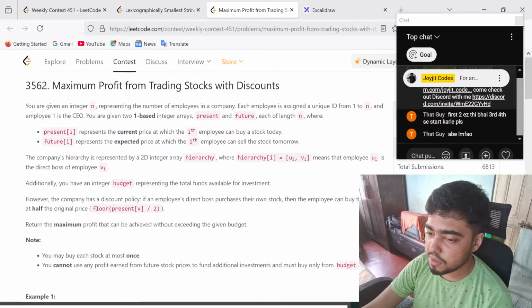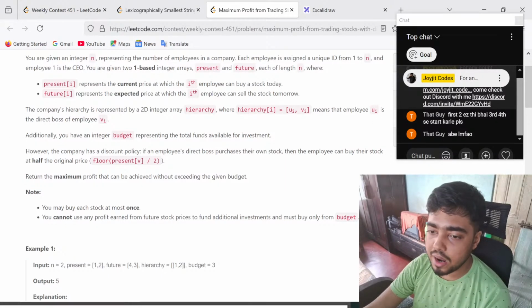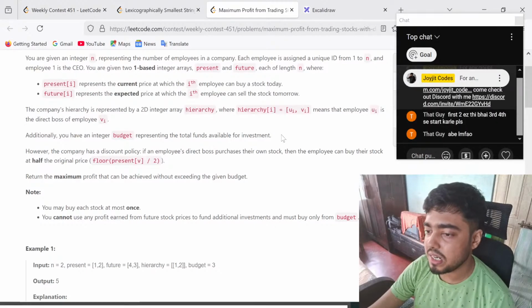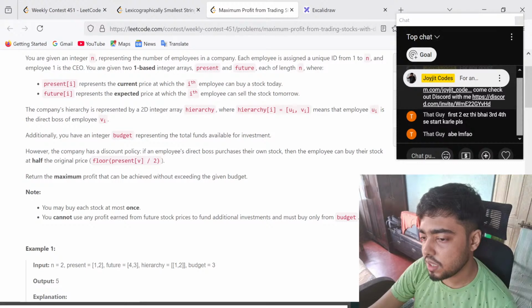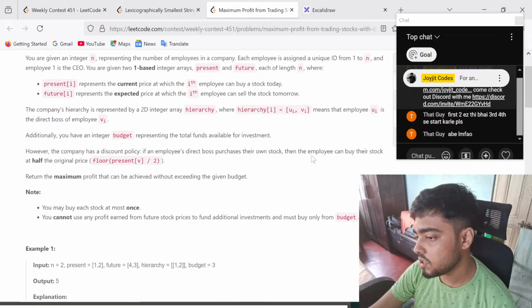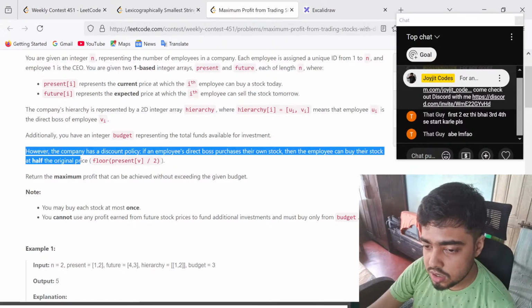The company's hierarchy is presented by a 2D integer array hierarchy, where hierarchy[i] = [u_i, v_i] means that employee u_i is the direct boss of v_i. Additionally, you have an integer budget representing the total funds available for investment. However, the company has a discount policy. If an employee's direct boss purchases their own stock, then the employee can buy their stock at half of the original price. So this is the part where